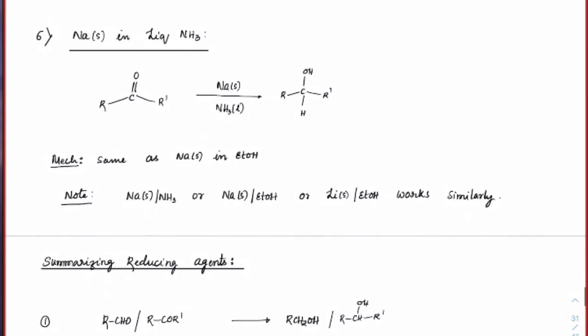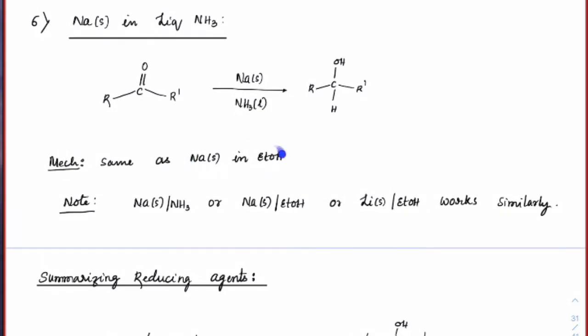The last reduction is sodium in liquid ammonia. We used to do it as a Birch reduction. The mechanism which we saw for sodium in ethanol is the same mechanism which we will see in sodium and ammonia. Ammoniated electrons, if you recall from group 1 elements, right? So same thing happens, ammoniated electrons are present, those electrons will attack carbon and thereby a radical is prepared here, and this O minus will take away H plus from ammonia, and that radical again becomes carbanion, takes one more H plus. So that's how you will get this alcohol form.